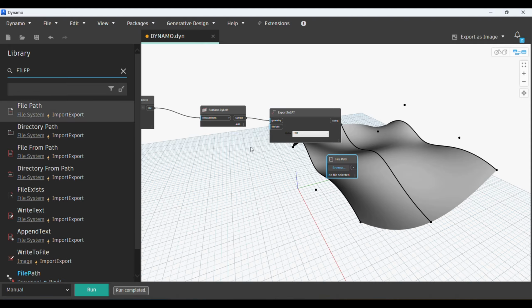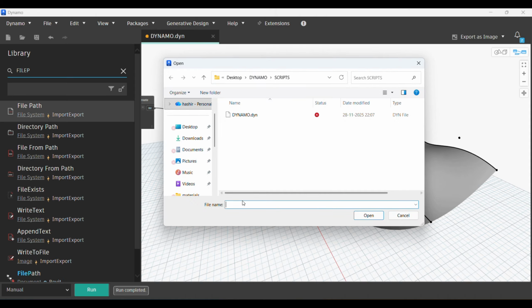So file path, we don't need to add a file path here because we can simply go here, and now if I want the units to be set in feet, I can set it here, or I can change it. Otherwise I can keep it here in feet. I'll just browse to save this particular file. I'll select the correct folder here,